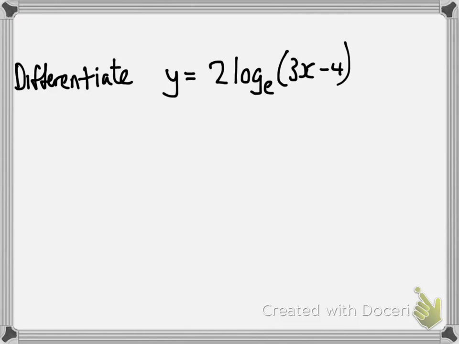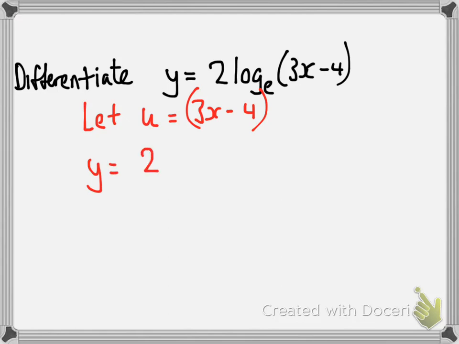Let's do this one and see what we get here. All right, so substitution will be: let u equal 3x minus 4. So y will now equal 2 log u to the base e. Meaning that du/dx